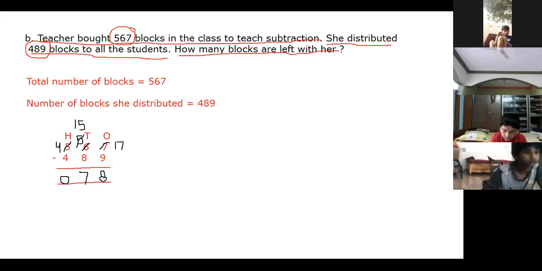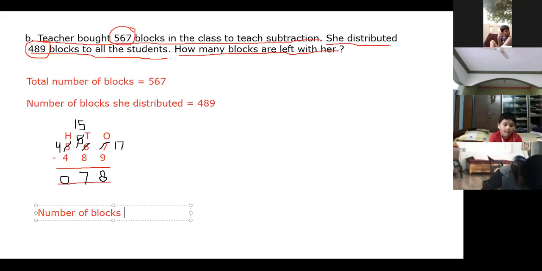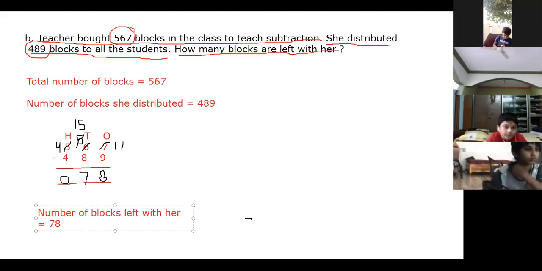So we'll write our last statement now. We'll leave one line and we'll write the last statement. So this is number of blocks left with her is equal to 78. Last statement will be number of